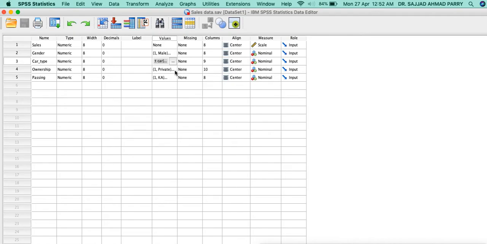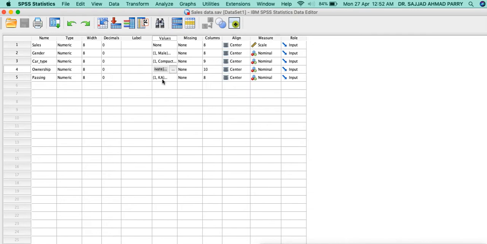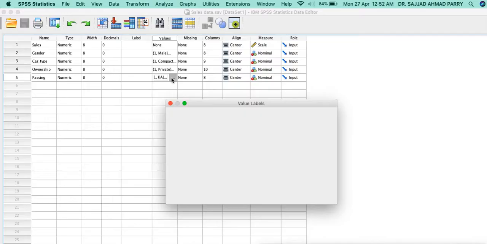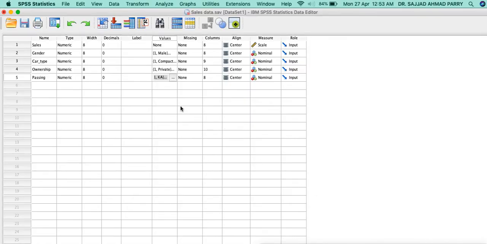Ownership has private and public. Passing has four: one is Karnataka, second is Goa, third is Jammu Kashmir, and fourth is Delhi. So this is the data set that we have available here.